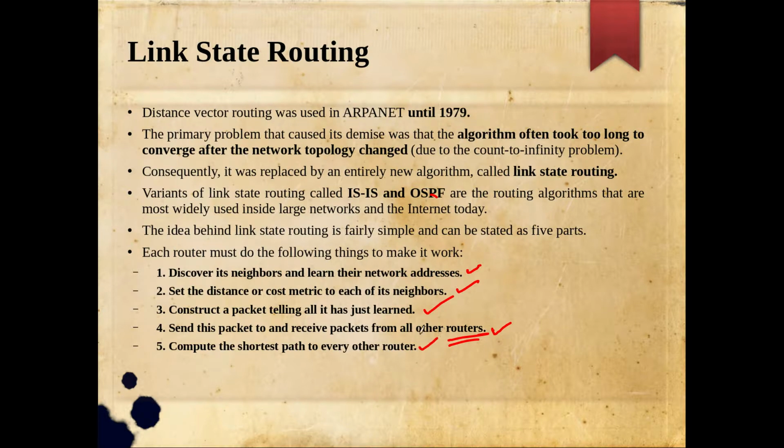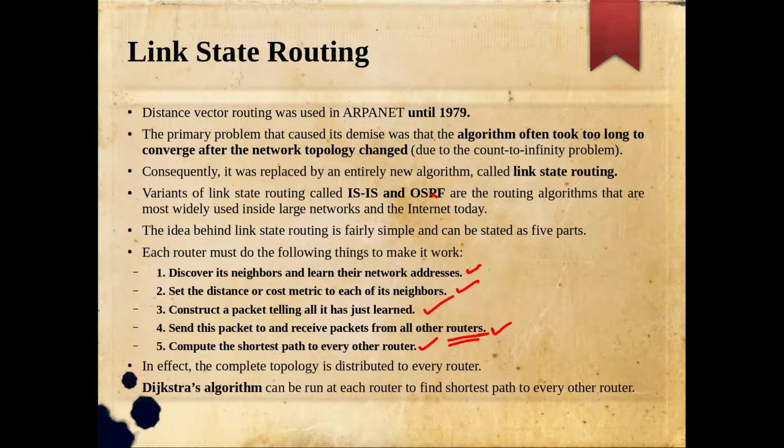Step 5, compute the shortest path to every router. That is the last step, the calculation of the shortest path, for which you can use Dijkstra's algorithm. In effect the complete topology is distributed to every router, because the link state packets are communicated to every router, and every router receives link state packets containing information about each one's neighbors. We can say that the total network topology is distributed by a single communication of the link state packets throughout the network, right? We will see how these things work.